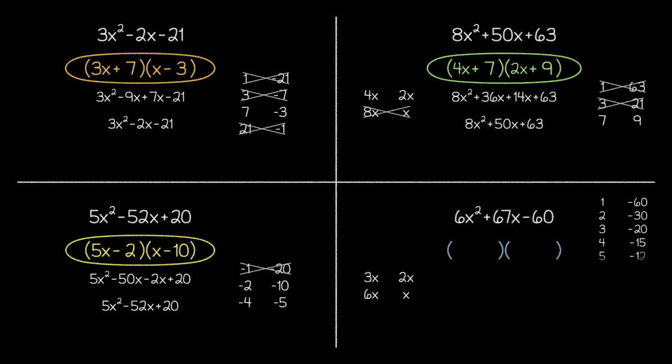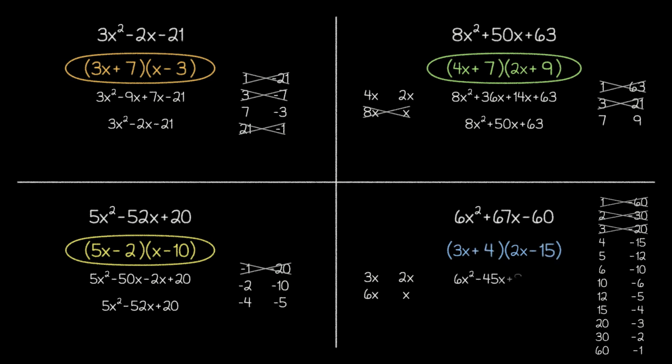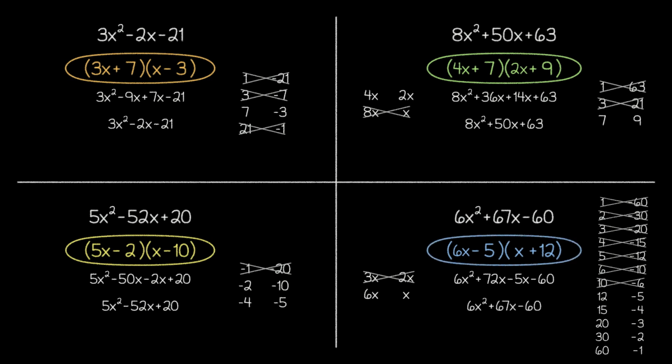In this problem, if we started with the 3x and 2x combination, we would have to go through 24 combinations of constant terms just to realize that none of them are correct. Sure, we could eliminate many of them quickly thanks to greatest common factor issues, but it would be pretty tiresome nonetheless. Then, we would have to move on to 6x and x and keep searching until we found this result.